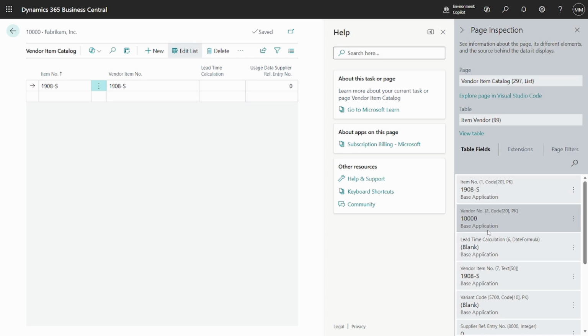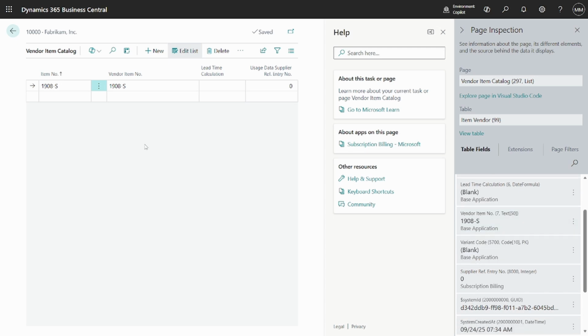For example, if you have so many combinations of the subsidiary master, and if an integer is the last for the line number, then you will display it using a worksheet page, but ideally it's displayed using a list page like this one. There's a page which is a list page, and you can see this is the vendor item catalog page containing